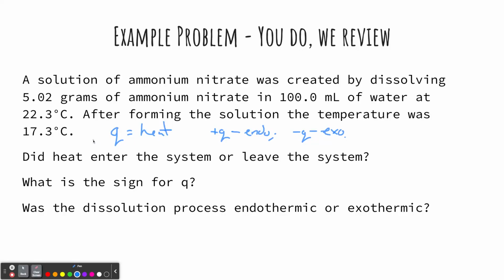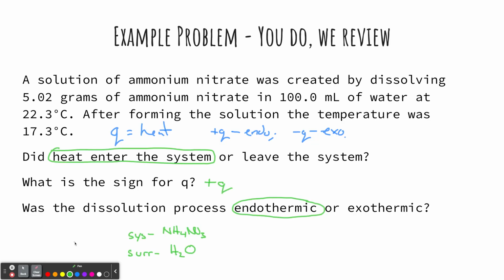All right, guys, I want you to pause the video and try this one on your own. All right, guys, and hopefully you said that heat entered the system, so Q is positive, and that the process was endothermic. Now, guys, keep in mind here that the water itself was the surroundings, and the water had a change in temperature from 22.3 degrees Celsius to 17.3 degrees Celsius. Well, that means heat went into the system. Because it appears that we lost energy, right? That the water decreased in temperature. So that means that energy went into the system,